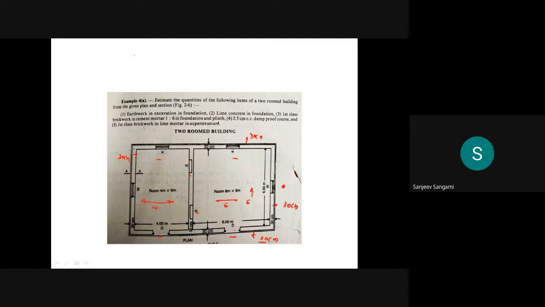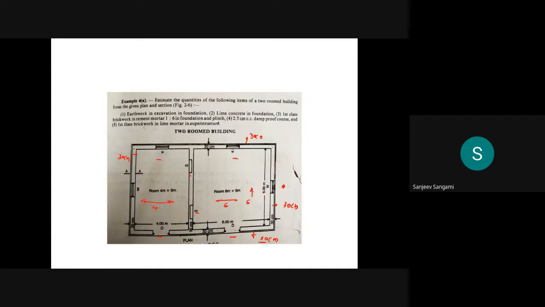Then how many doors are there, how many windows are there, and whether the dimensions are given or not. We'll check it out in the section. Yes, it is given. See, the doors are given the size of 1.2 by 2.10, and the windows size he has given 1 into 1.5. Then shelves, yes, that indicates it has 2. Then windows I think 4. Then doors it has 2. Just cross check it. 1, 2, 3, 4. Shelves 2.